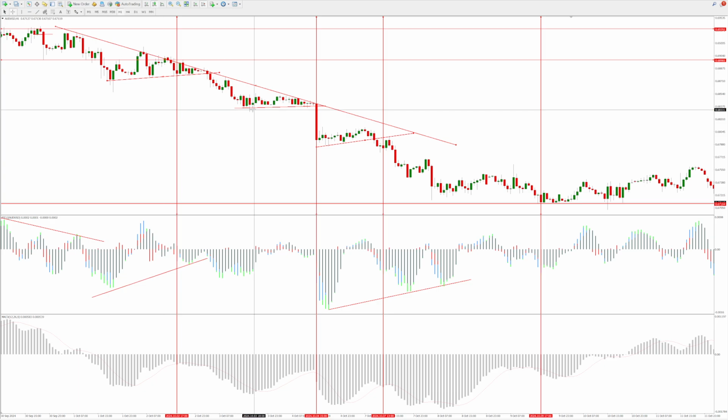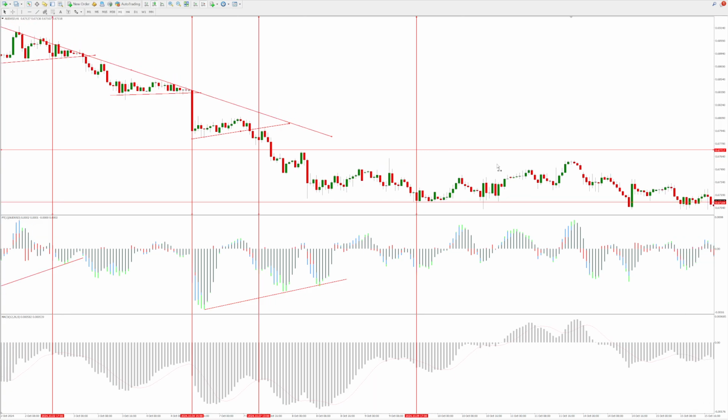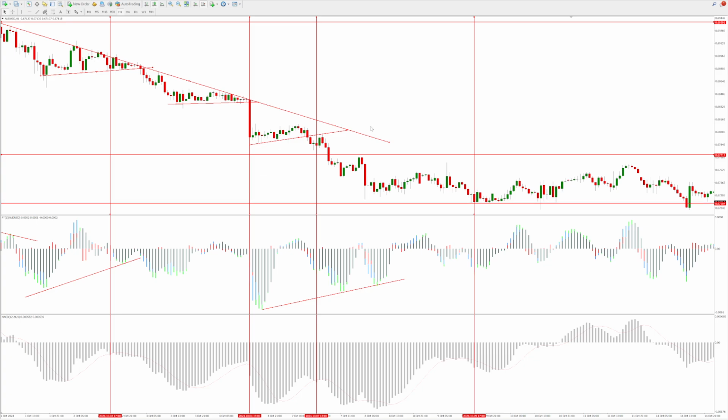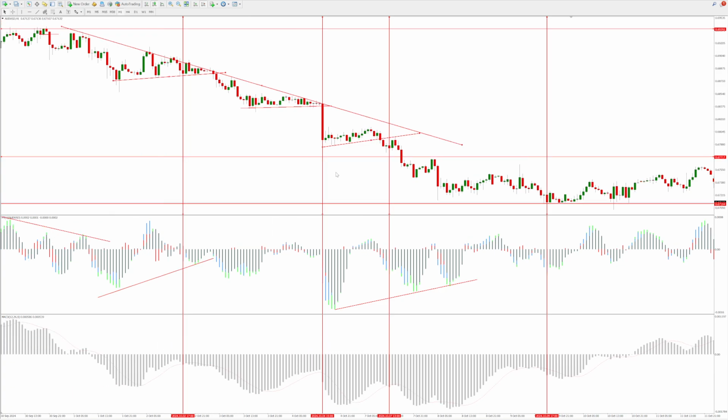For the sake of it, I'd look to get in on one good entry at the start, and then perhaps close part of the position on the way down, bank some profits. But certainly I would be moving my stop loss down above these highs and locking in the trade in case price turned around. Okay, well, hopefully that's given you an idea of how you can use the power trend